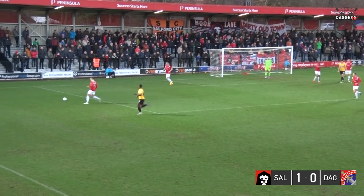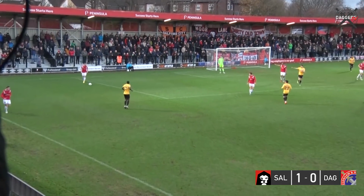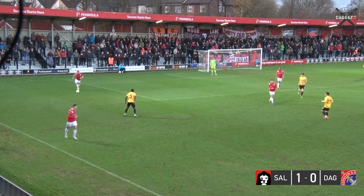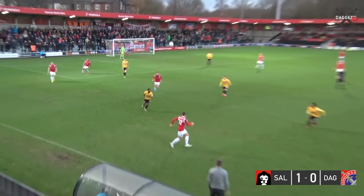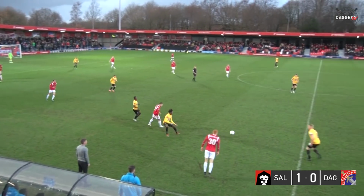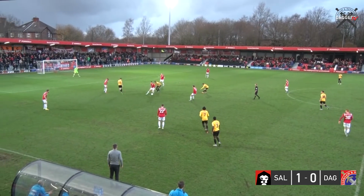He's pulled it back. I can only assume there's a bit of confusion, or maybe it was wider than it seems, but it was an awful header by Nathan Pond. It was a long ball forward by Honorisi. I don't know what Nathan Pond was doing. He just heads it into the path of Balanta, who for all the world looks like he's just going to pull the trigger. Instead he pulled it back, and Wilkinson wasn't expecting it, and Salford were able to clear, and